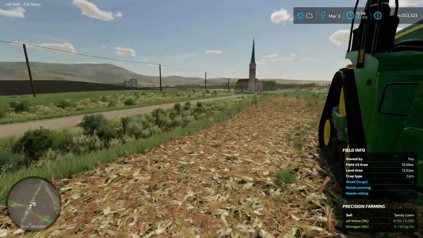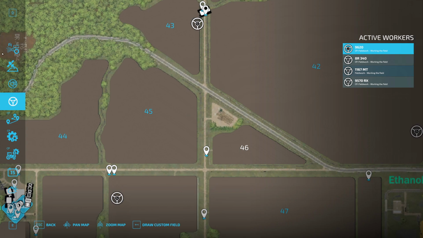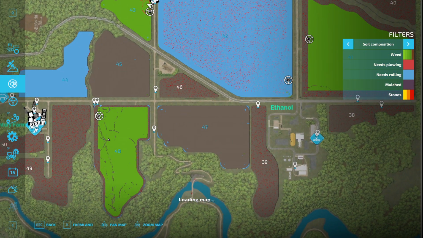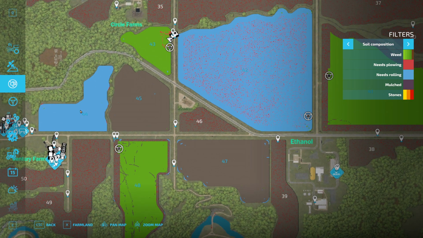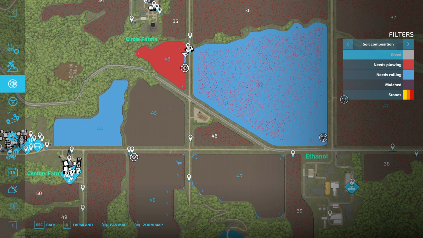If we could kindly get that field plowed up for us. This should be, if I'm not mistaken, the last field that needs to be plowed, by the way. I think. Because, yeah, 48, 47, 45, they're all good. 44 is good. Yes, this should be the last field. And in fact, if I turn off weeds... There we go. So, yeah, then you can see...